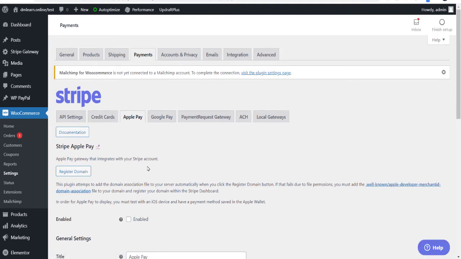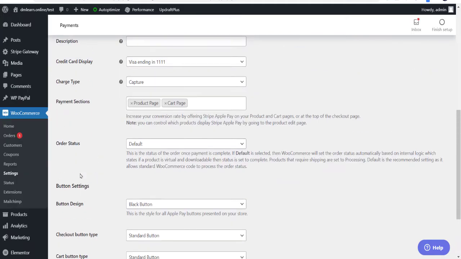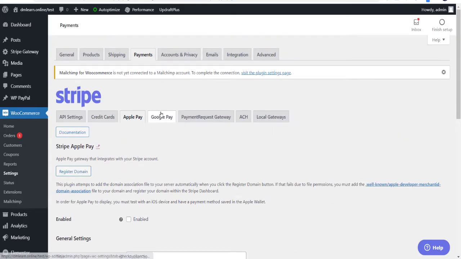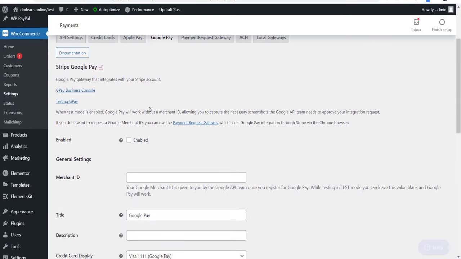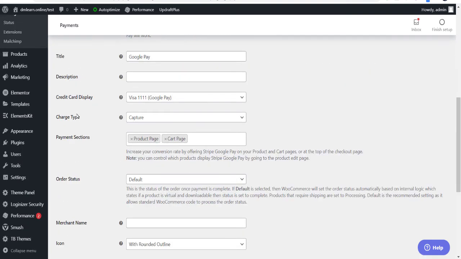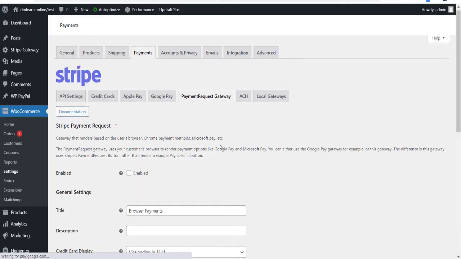If you want to register your domain, you can go to the Apple payment gateway and register it. Once approved, you can authenticate, and the same goes for Google Pay. With Google Pay, you can receive money worldwide without any issue. You must have a Google Pay business account. You can test the Google Pay account directly here. The process is very simple. You don't need to do too much, just have a little knowledge of these things.